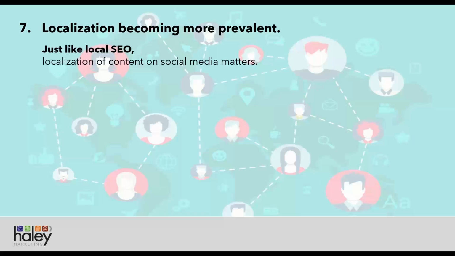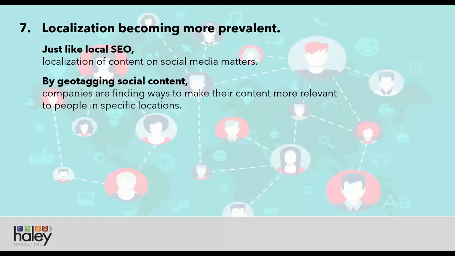Localization is becoming more prevalent. Just like local SEO, local content for social media matters. People want to see social that's near them. So you can geotag your content, finding ways to make your content more relevant, like when you're putting a picture on Facebook. You can actually mark where it is. You can check in with every photo. So you're making that content localized, and when it's localized, it's more likely to be seen by people in that